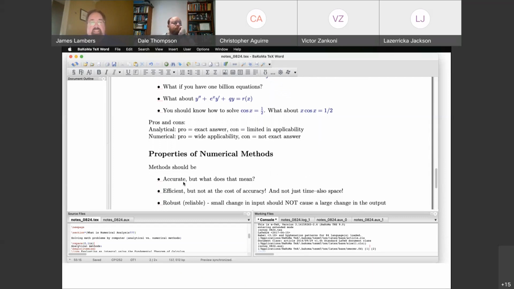And I ask here, what does that mean? Because that's actually dependent on the context. In some cases, you would like a solution that's accurate to as many decimal places as you could possibly obtain, maybe something that's accurate to, say, 15 decimal places or so. In other cases, because of the underlying application, you might not really need that much accuracy, because